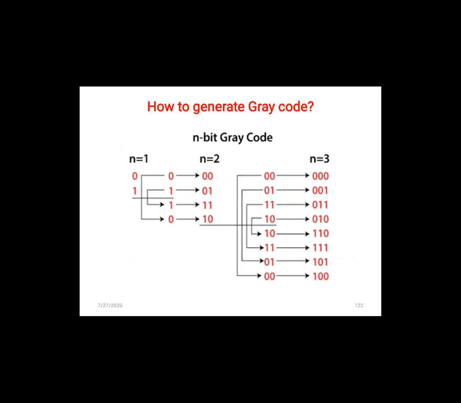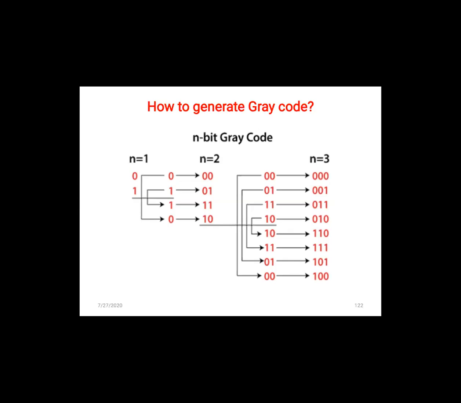Suppose I take n equal to 2, meaning 2 bits. Now n is 2, so I have 2 raised to 2, meaning 4 combinations of these 2 bit positions. So 4 combinations, if you see the table that you have written in binary, if we take 2 bits there are 4 combinations. So 0 0 usually, then we write 0 1 1 0 1 1. Yes, but here, look, have we written it like that? 0 0, 0 1, 1 0, 1 1, no, because this is not that binary code. It is the gray code. Now, what is there in gray code? 1 bit is changed at a time. Okay, so let us start with the first one. Look below n equal to 2. So I obviously start with 0 0.